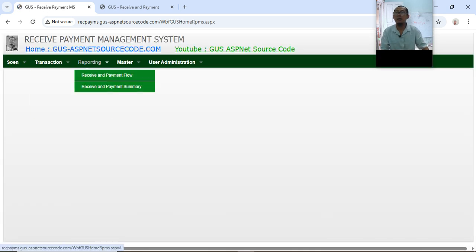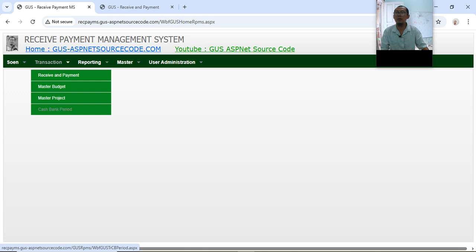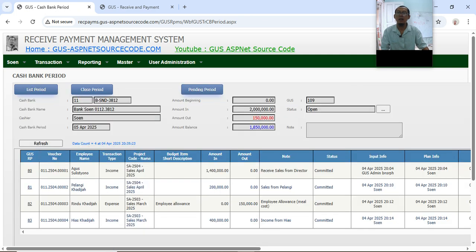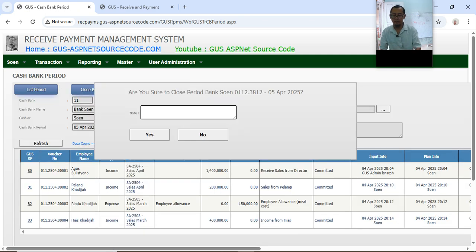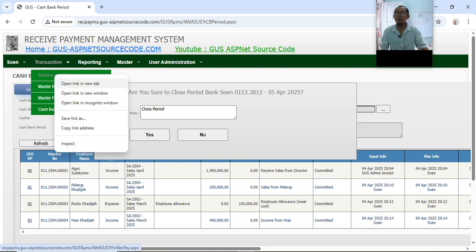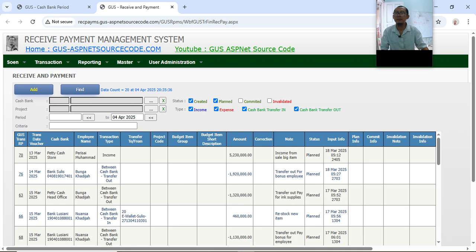Okay. Now let's go to our cashback period. Pick this Soon and close period. We will see that this closing period will succeed.